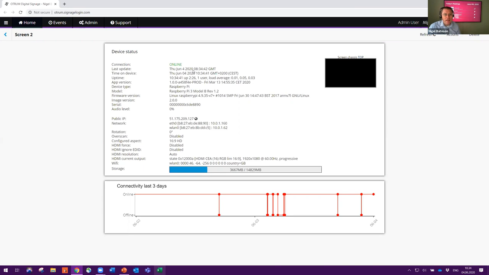I can see when it's been online from. I can see the software version that's applied to this device. In this case, it has both a wired and a wireless connection, and I can see the MAC addresses as well. So this really helps for the IT team if they need to fault find or they need to give a fixed IP address or something like that for the hardware. I can see the storage, plenty capacity left, and I can also see the connectivity. So as I mentioned,